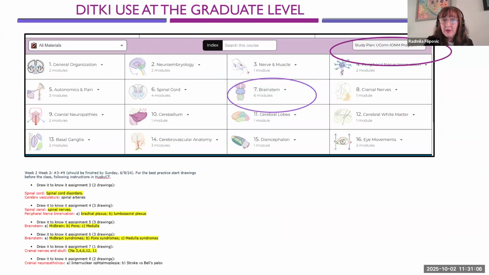But we use Draw It to Know It as well in this class, and the most complicated structure, in my opinion, in the nervous system is the brainstem, because it has so many structures and its importance for so many functions. So we spend a lot of time on the brainstem. One challenge I have in our program is that I teach neuroanatomy as a starting class, in summer session 1. In 3 weeks, it's a very condensed